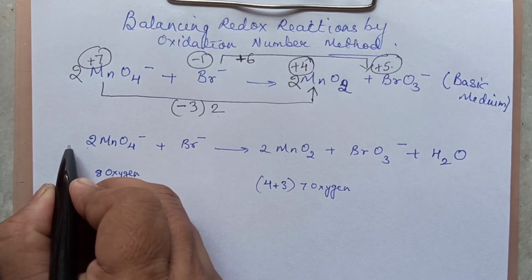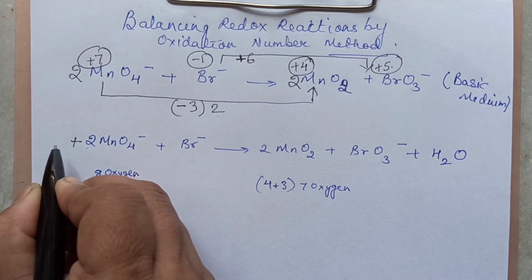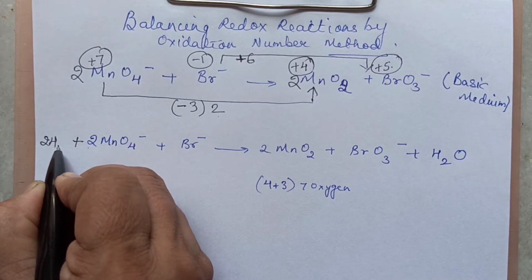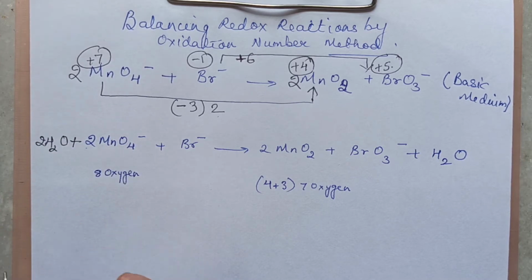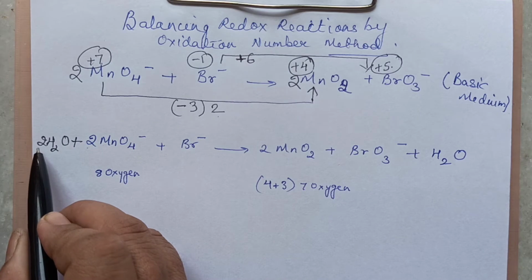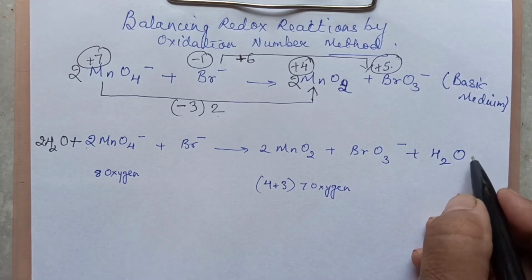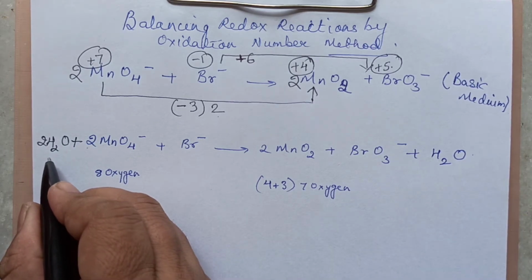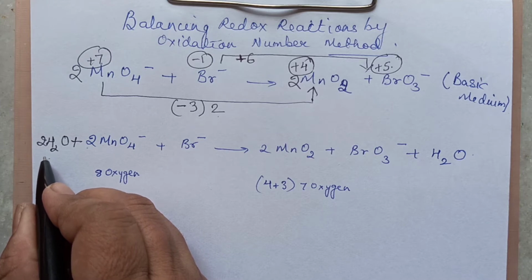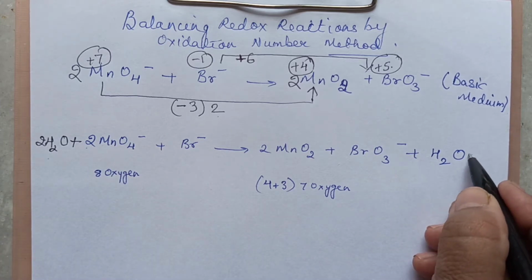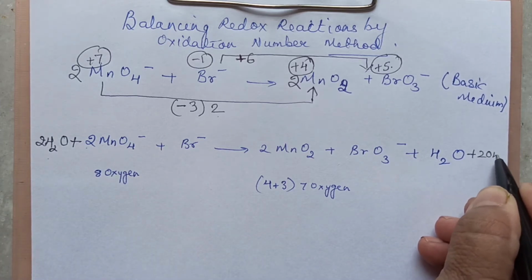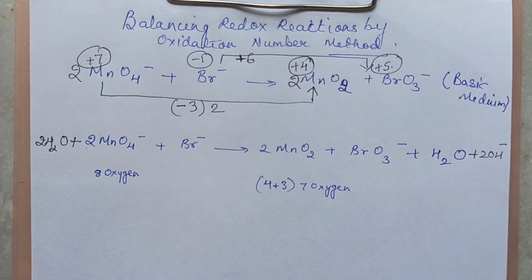How many are less? 2 less. So you will add 2. I am writing with the black pen, so that this hydrogen part which was making you confused will be now better. So 2 water we will add to the deficient side, and the same number, how many water we added? Deficient were 2, no? So we added 2 water on the left hand side and 2 OH minus on the right hand side. Same number of the OH minus we will put it on the right hand side.